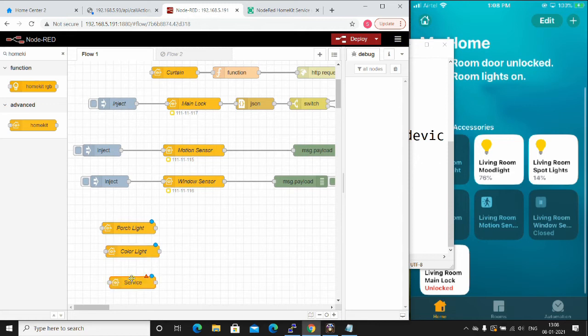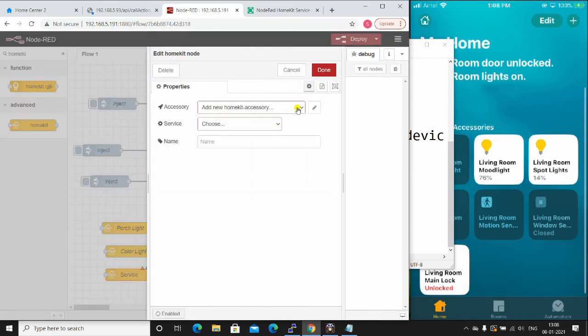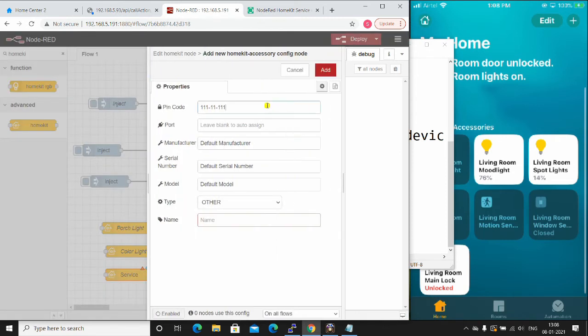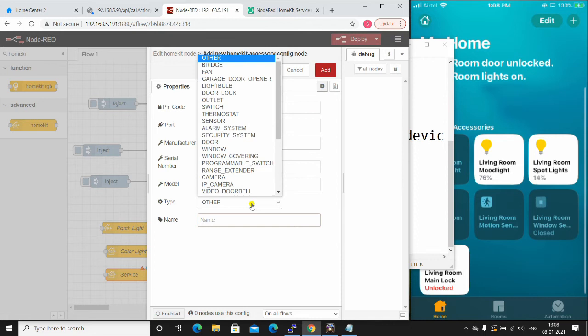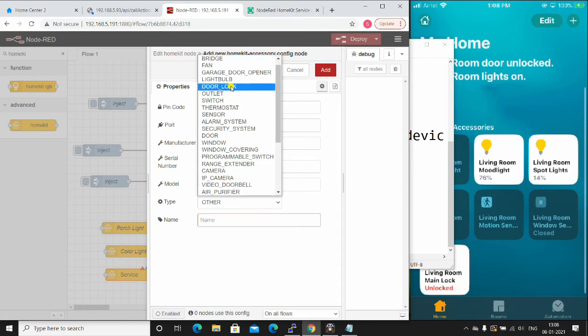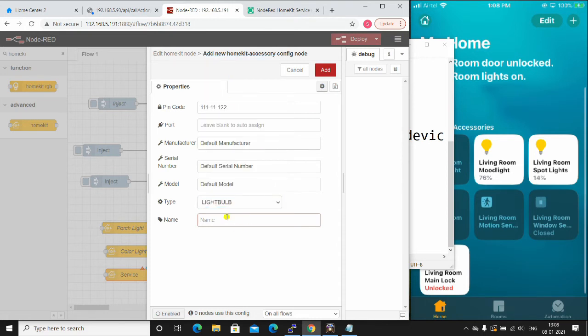The third one I'm creating is for a dimming light. So it's the same identical procedure. Just make sure that you don't put in identical pin codes. Again, light bulb.